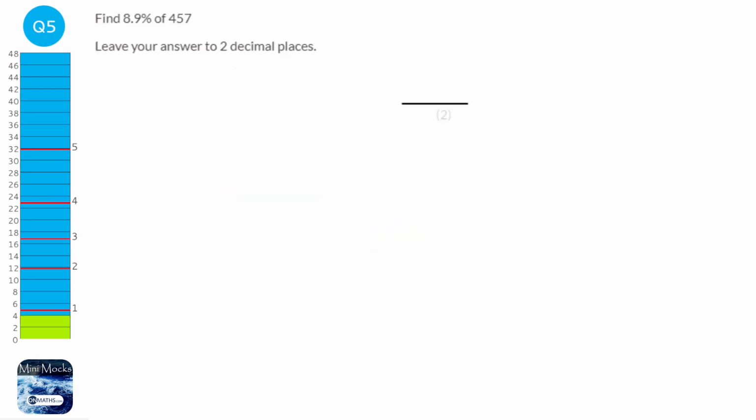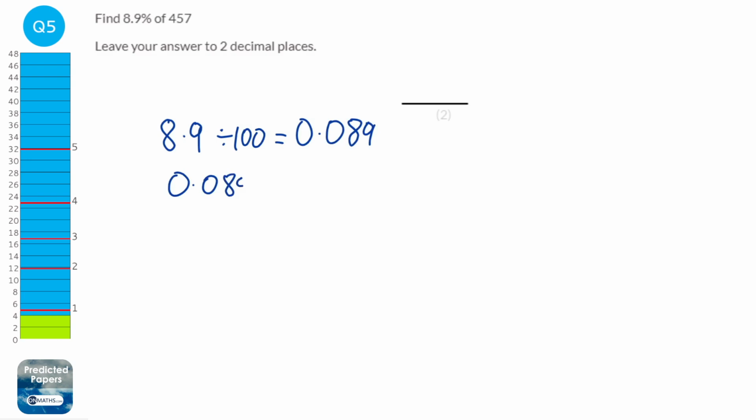So for this question we need to convert the percentage to a decimal. So to do that we get that 8.9%, and we just divide by 100. And so that will give us 0.089. And so we get that 0.089. Of normally means times in maths, so we're just going to times that by 457, and that will give us